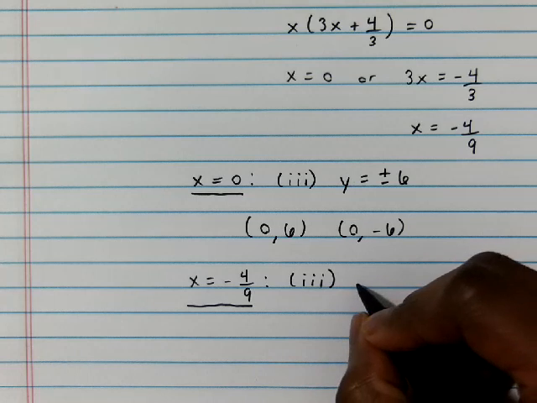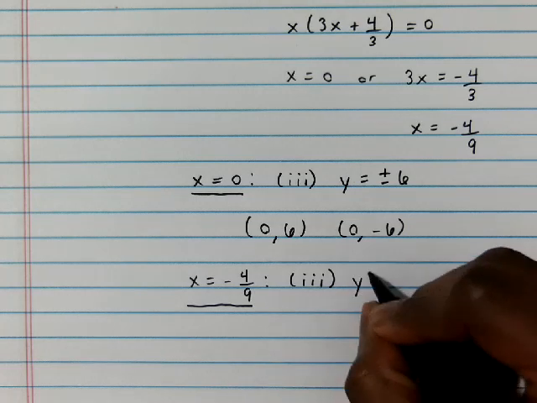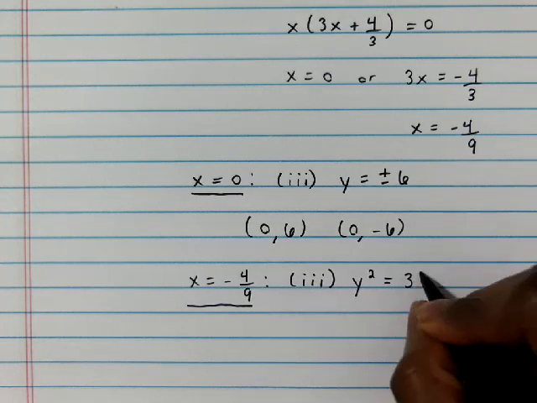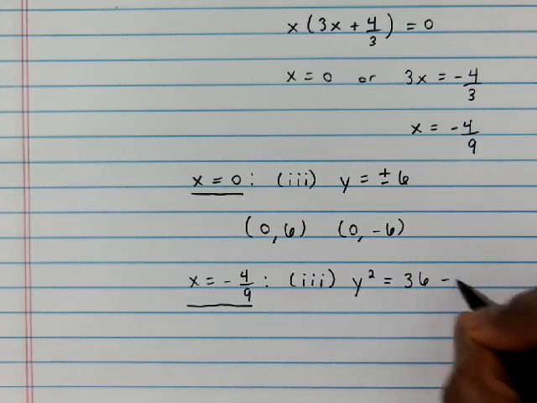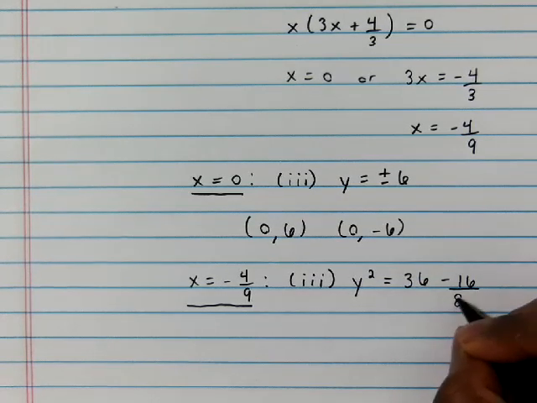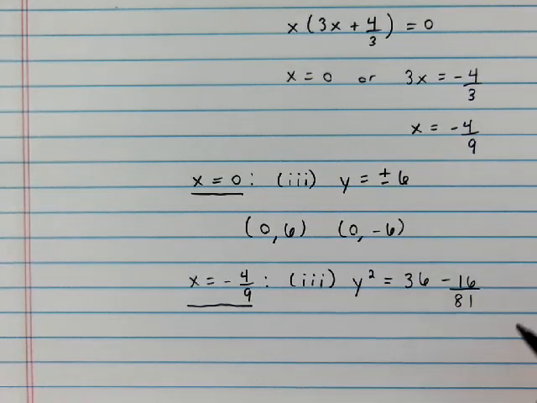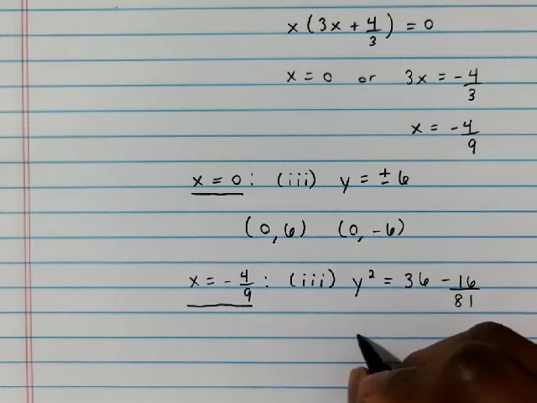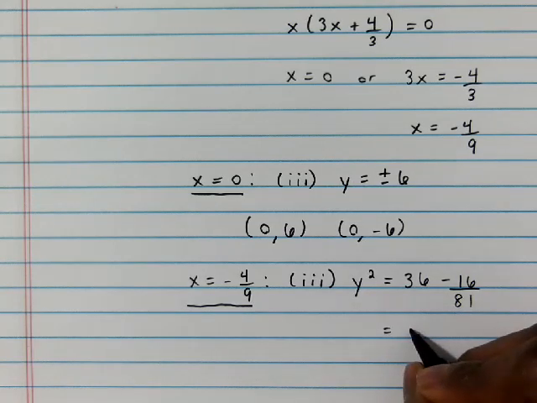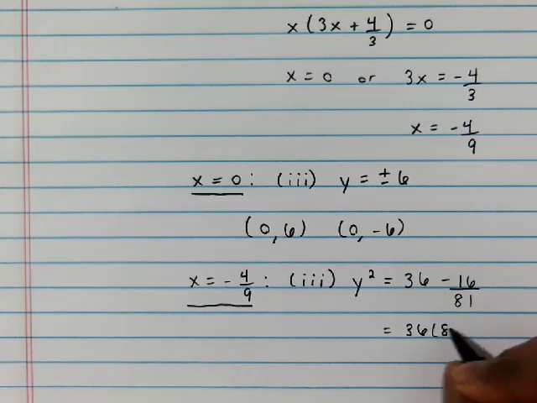So actually, let's do it this way. We're looking for y. So y squared equals 36 minus 16/81, which is whatever 36 times 81 is, minus 16